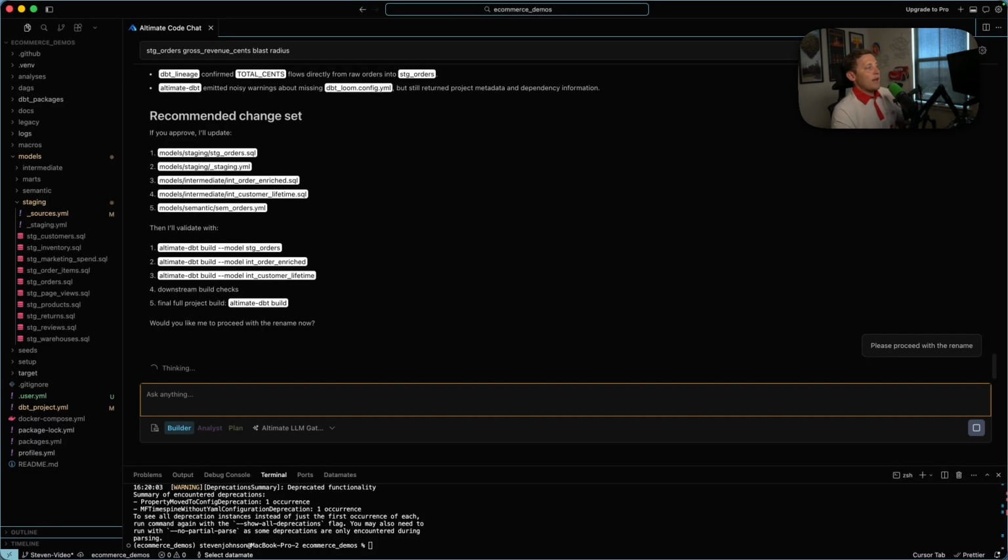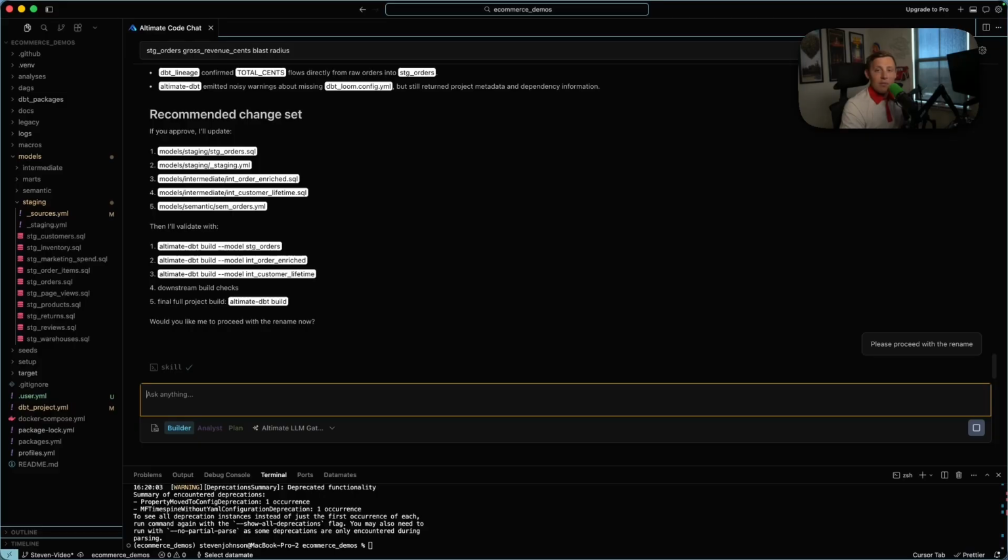Okay. So it's going to rename those columns to fix the problems that it found before, and then it's going to validate it with a dbt build with those specific models. Again, another really great thing happening here is that I would just run a dbt build overall, and it would rebuild the whole project, which would waste you some money. So it's actually building the specific models that are changing, to make sure that nothing's going to break with the things that we're specifically changing. So we will let Ultimate Code make these changes, and then we'll pop back in to see the changes